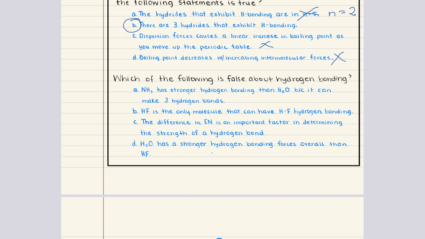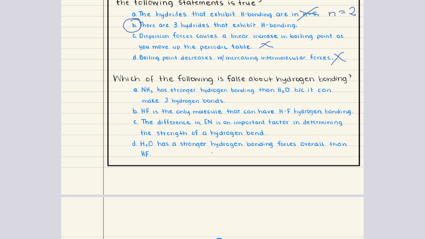Now, while ammonia can form up to 3 hydrogen bonds per molecule, the individual hydrogen bonds in ammonia are weaker than those in water. And this is because the difference in electronegativity between nitrogen and hydrogen is smaller. It's 0.9 compared to the electronegativity difference between hydrogen and oxygen in water, which is